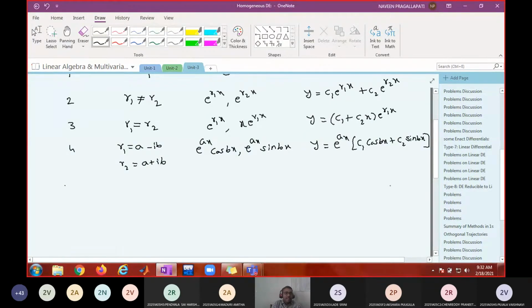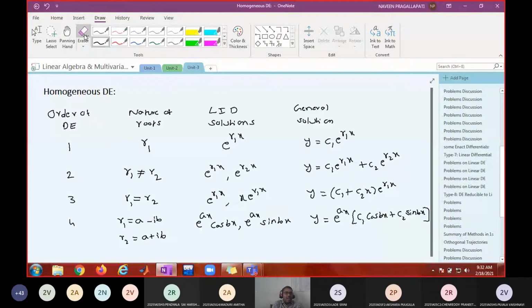I think there is a mistake here. I'm writing order, I'm not writing serial number. So order is true only for second order; you will get two roots. If it is a third order, you will get three roots. Fourth order, you will get four roots, because for an nth order, there will be n roots. So all these things are for order 2 only. Is this clear to all of you? Did you copy this?